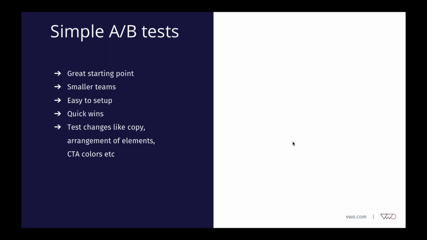So what do we actually mean by simple A/B tests? We mean tests which are pretty easy to set up through visual editors, don't really require a full-fledged team, and provide smaller, quick wins. Examples can be CTA changes, minor changes in your website layout, copy changes, etc. These tests are a great launchpad into the world of A/B testing, and we definitely encourage you to start with smaller tests when you're new to A/B testing. You should get your feet wet, get a good hang of testing, and then move on to bolder and more